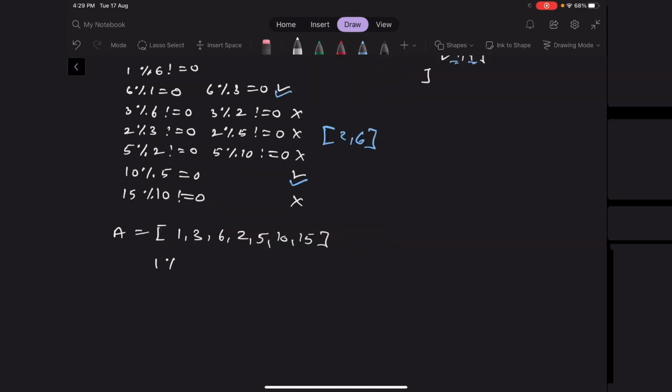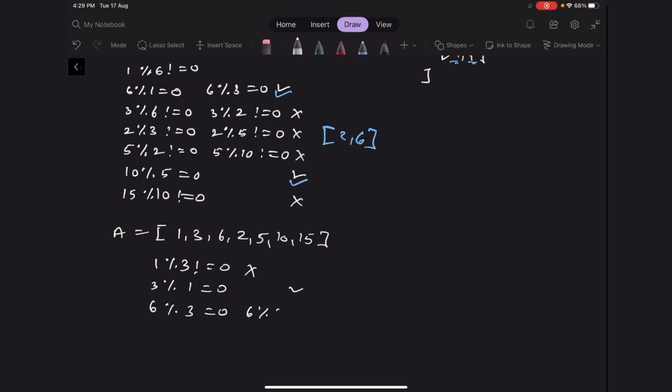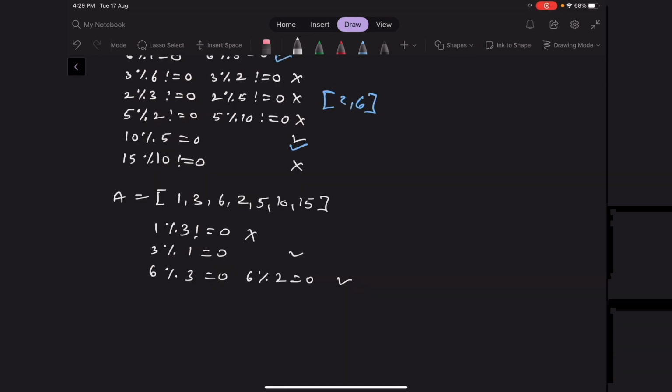So 1 modulo 3 is not equal to 0, so this is not a nice index, and 3 modulo 1 is equal to 0, so this is a nice index. For 6, 6 modulo 3 is equal to 0, as well as 6 modulo 2 is also equal to 0, so this is also a nice index. For the fourth index, the element stored is 2, and 2 modulo 6 is not equal to 0, and 2 modulo 5 is also not equal to 0, so this is not a nice index.